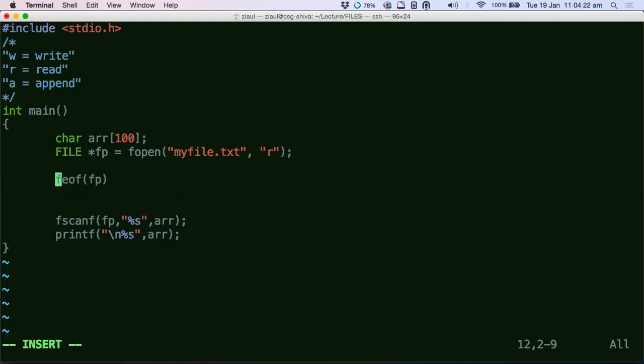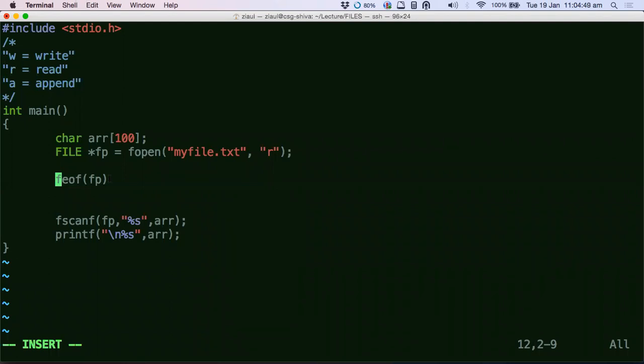So now I want to use scanf repeatedly on whatever data is there in my file till I reach that special thing which says end of the file. But I generally don't know what that end-of-file character is. So it's always safe to use a function called feof. So what does feof do?